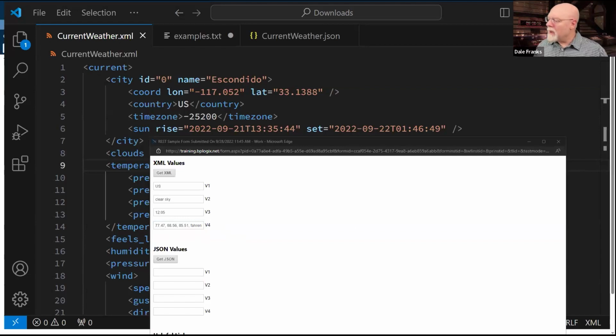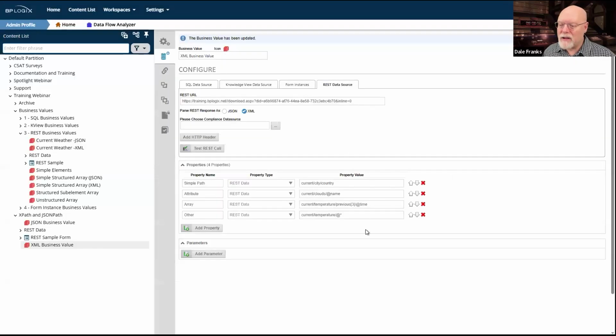Now there is a little easier kind of workaround for XPath whenever you're creating your XPath values, and that is to use, instead of that wildcard there, let's go back to our array. And let's use this one.